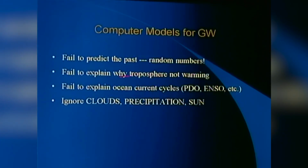If you put in the data we have and run them backwards, they don't work. You get the same result as if you use random numbers. So you think that you've got a climate model, it should work both ways. You should, because you know what happened in the past. That doesn't happen. They fail to explain why the hotspot's not there, and they totally omit the big factors in